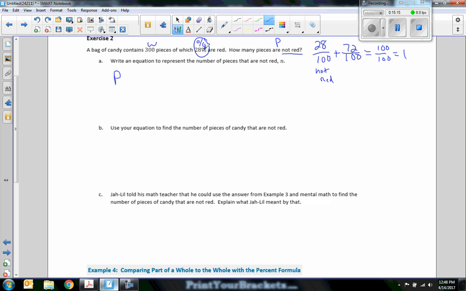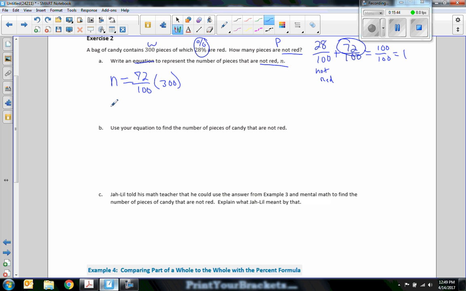Okay, so I don't want to use this 28 in my formula. I want to use the 72. So an equation to represent the number of pieces that are not red, N. So now they're also telling us to use the letter N. I'll say N equals, let's write an equation. N equals the percent 72 over 100 times the